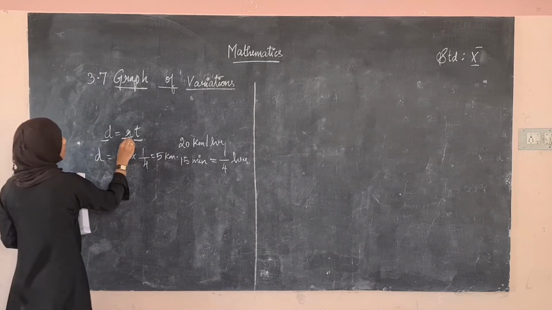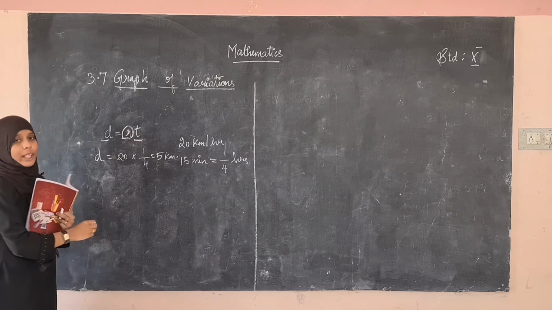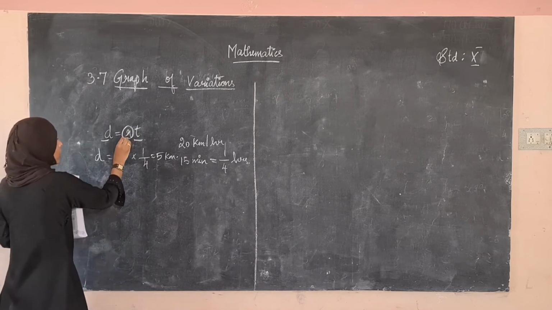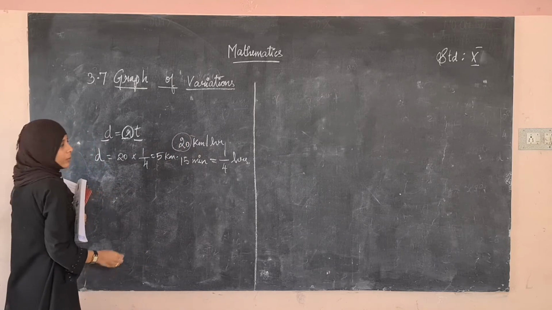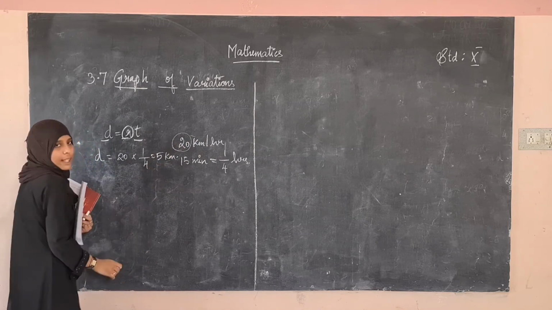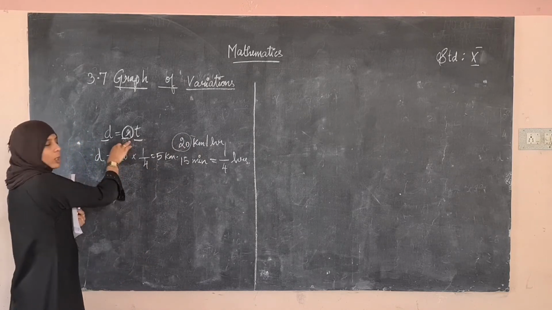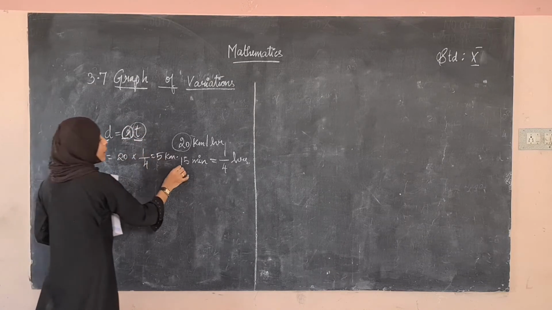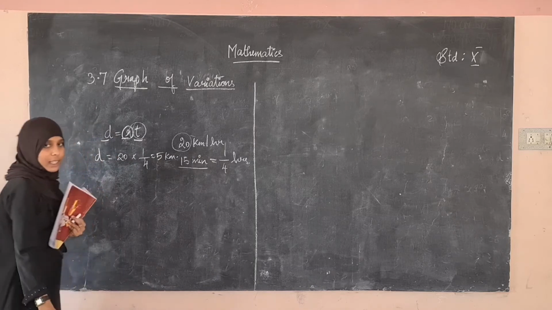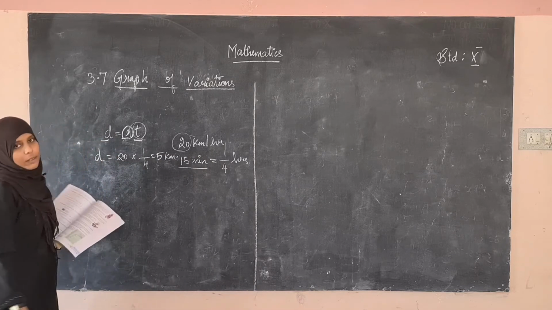See here, R. Is this an independent variable or dependent variable? It is independent. We took the value for R directly from the situation. It doesn't depend on other variables of the given equation. And T also we took the value from the situation directly, and it doesn't depend on other variables.